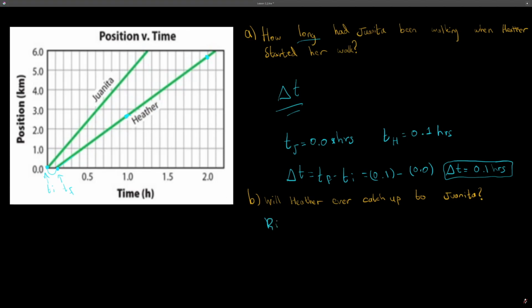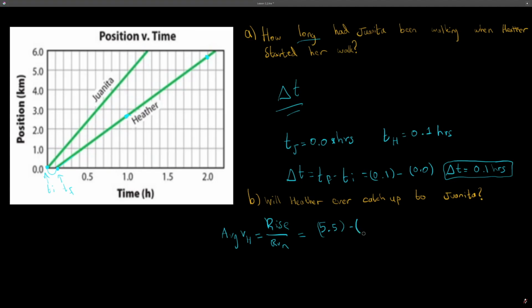So rise over run, this is the average velocity of Heather. So it's equal to rise over 1, which is equal to 5.5